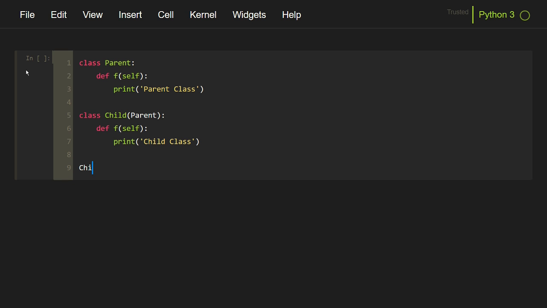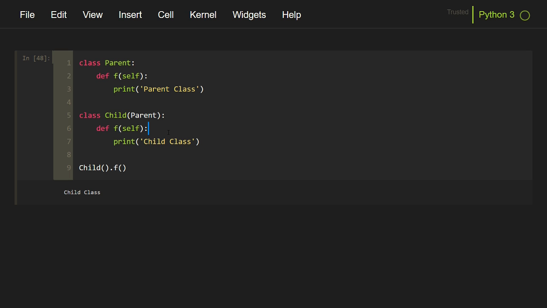Now if I create an object of this child class and call the f function of this child object, it will print the child class, because naturally we have overridden the parent function and so parent function is not called anywhere. But in some cases, child class may want to extend the functionality and not completely override it like this. The child function may want to access the original parent function.